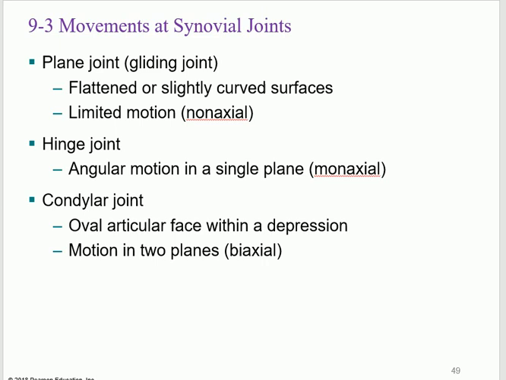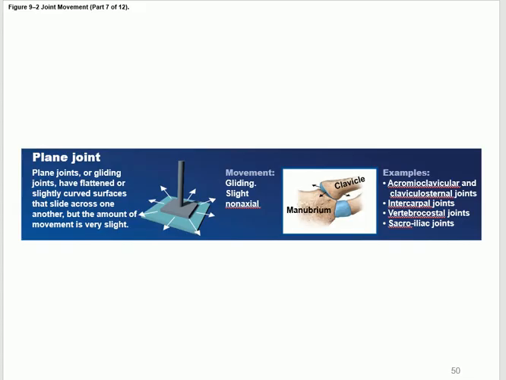Condylar is when you have a condyle. You guys remember the condyle? That's this elevation with smooth surface, medial condyle, lateral condyle. So this will give you usually a biaxial movement, but I will show you the picture anyway with examples, because this is something that you need to know.